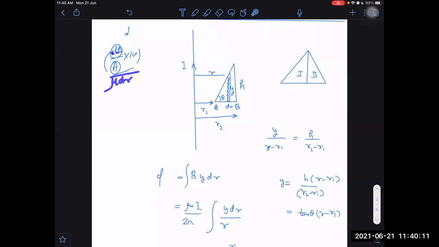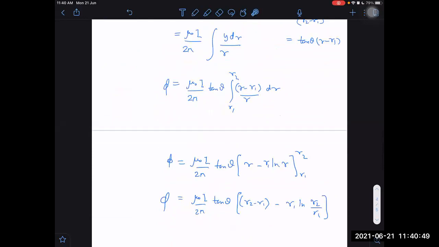In the numerator, what will I put? The numerator will be this area, which will be very small. Let me tell you what this area actually is. It is half into base into height. Height is dr tan theta, so it becomes half into dr square into tan theta. That much difference will be there. One dr cancels, and we are left with 1 by 2 into dr into tan theta divided by y. So what is the error then? If dr tends to 0, the error tends to 0 only, or not? Yes, sir. So there is no error in this, 0 error. Okay.